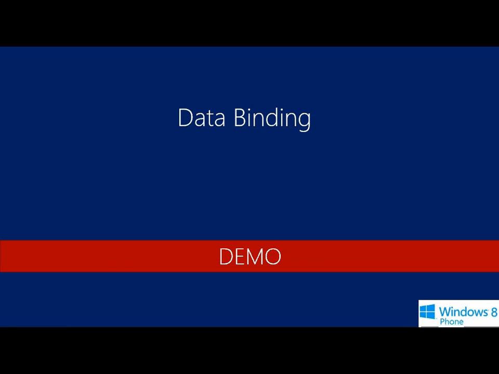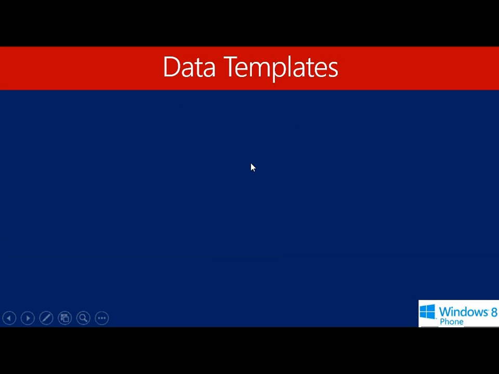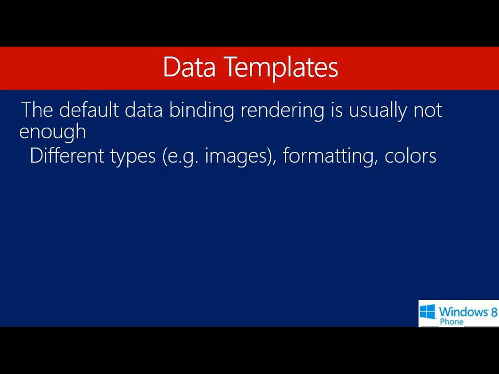So that's a kind of comprehensive example of many of the features of data binding. We've seen data templates, which is a way to render objects. By default, it's rendered as a text block with a toString implementation, which is mostly not useful. So that's a very powerful way to visualize any data. We can visualize any object with its own template. In this case, we visualized a movie object with a data template that's provided to the item template property of a list box. But there are actually other properties that accept data templates